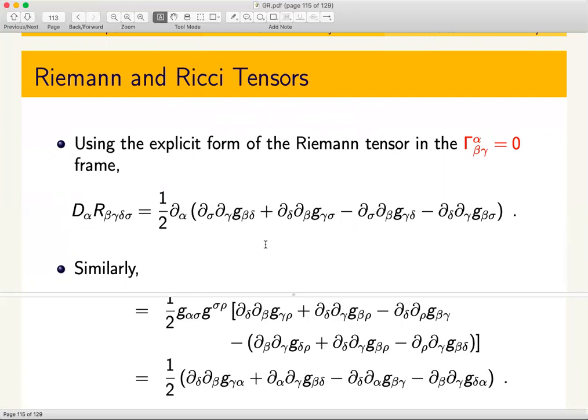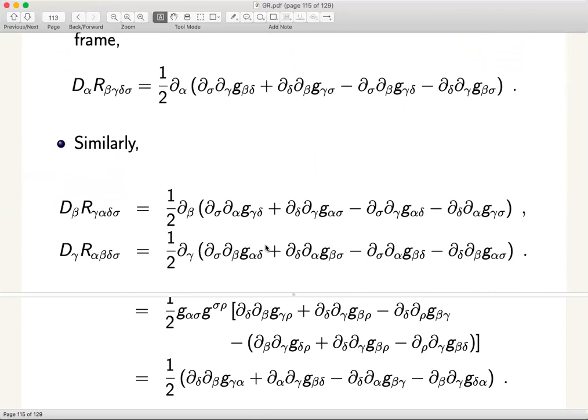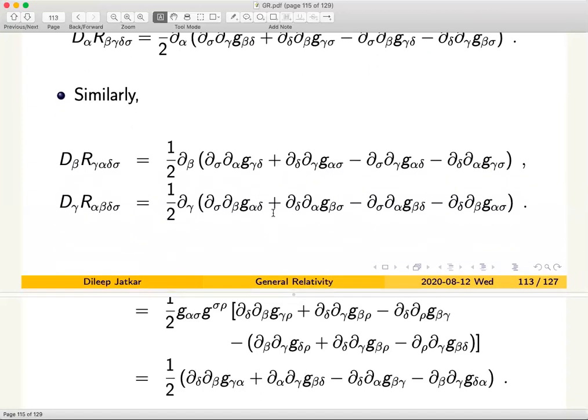Similarly, you could do this for the other two terms in the Bianchi identity. You can check that these expressions are just appropriately permuted quantities, and if they are not, then that's just a typo. But that's how it should be. So in case they are not, please let me know. I have tried to be a bit careful while doing this, but with so many indices, one could still go wrong. Okay, fine. So what we'll do now is push this derivative through in all these cases and just add the terms.